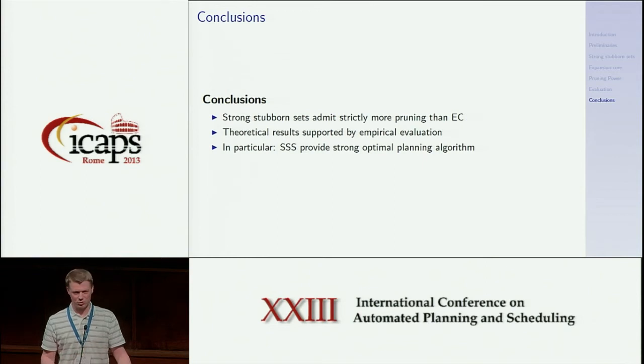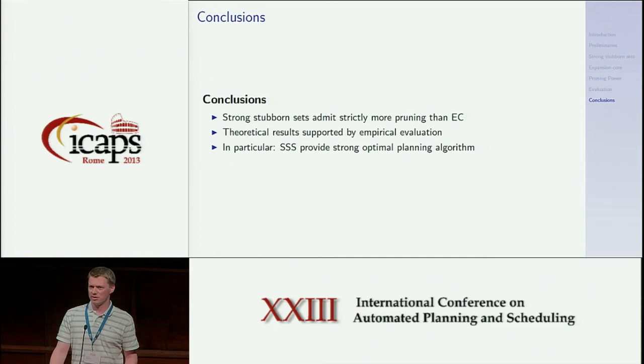Okay, so this brings me to the conclusions. What we did is we obtained a better understanding of what's going on in these 2 techniques. We showed theoretically that strong stubborn sets admit strictly more pruning than expansion core. And our theoretical results are also supported by empirical evaluation in the Fast Downward planner on IPC problems. And what we particularly observe is that strong stubborn sets seem to lead to a strong optimal planning algorithm in any case, which is